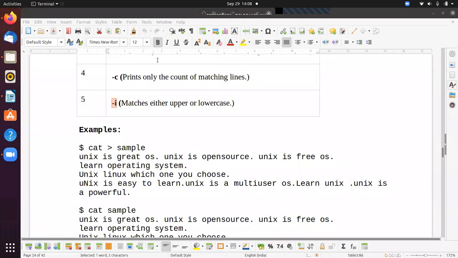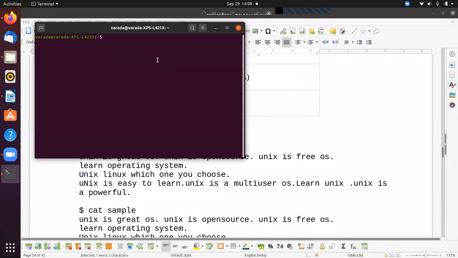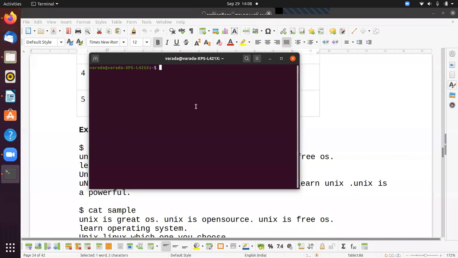In today's class, we are going to discuss how to use some meta characters in grep. That means how you are going to find some pattern by using meta characters in that pattern. For example, I want to know the lines starting with some specific pattern. So this is the file we created in yesterday's class. The file name is sample.